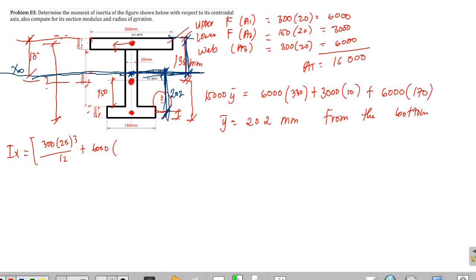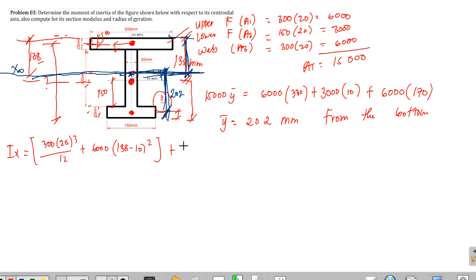So, if this is 138, what will be the distance of the upper flange to the centroid of the whole section? Okay? So that's 138 minus how much? That is 10. So, that is 138 minus 10 squared. Okay? Plus,